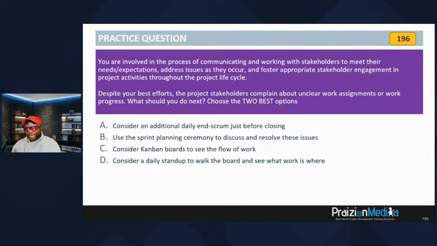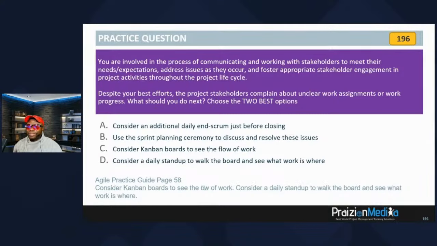The antidote to that, Kanban board. Transparency shows who is doing what, and a daily stand up to walk the board and see what work is where actually helps you understand work progress. In addition to other things, it's like a buy one, get one free. So the best options are C